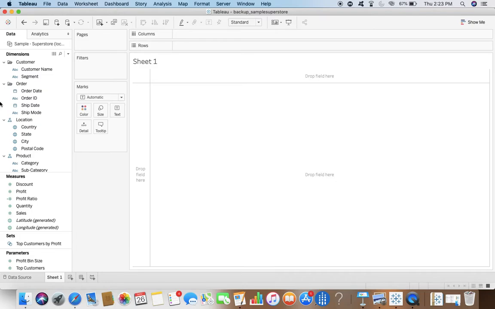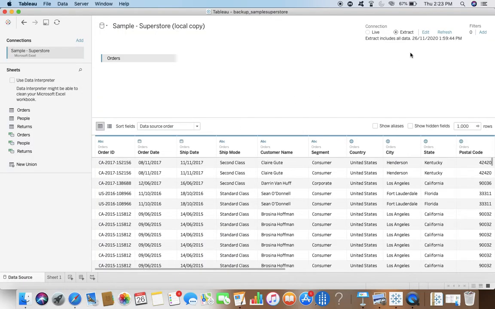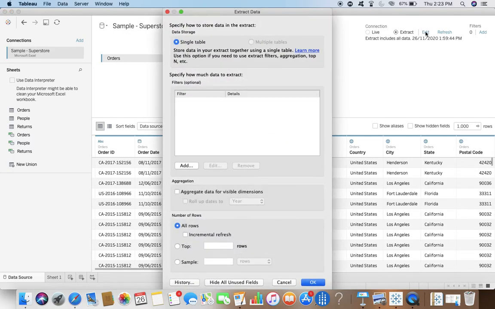In such cases, I'll go to the data source and say, okay, I'm okay with the extract, and you have different options over there. First of all, just for your knowledge, the extract files are columnar databases. And when you say columnar databases, it will make maximum use of the current CPU and memory. That is the other advantage. And the third one is, now you can see you have come to this page, and you have the option to add filters over there.